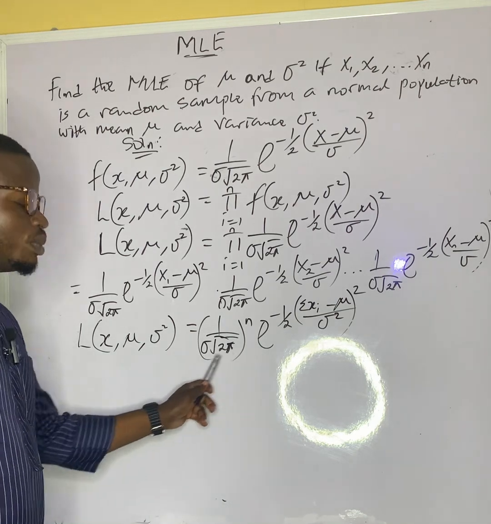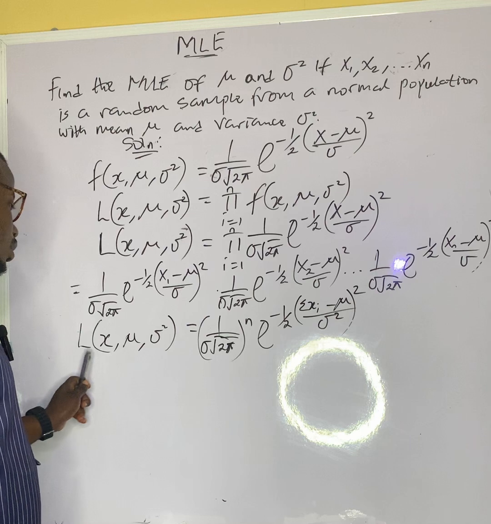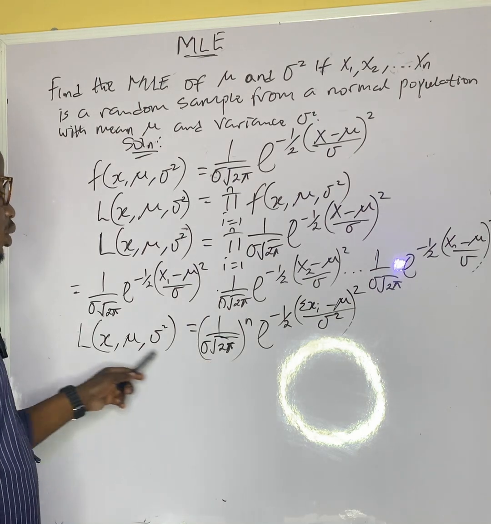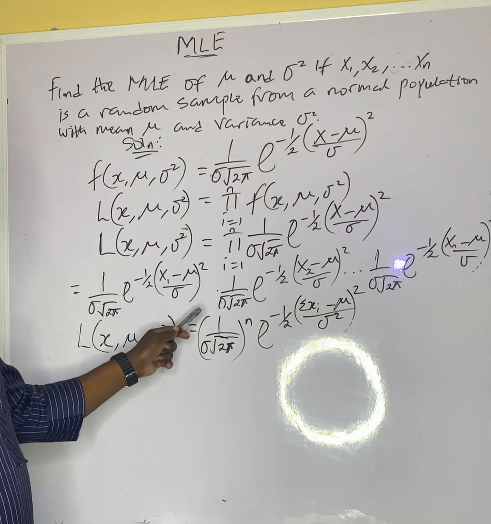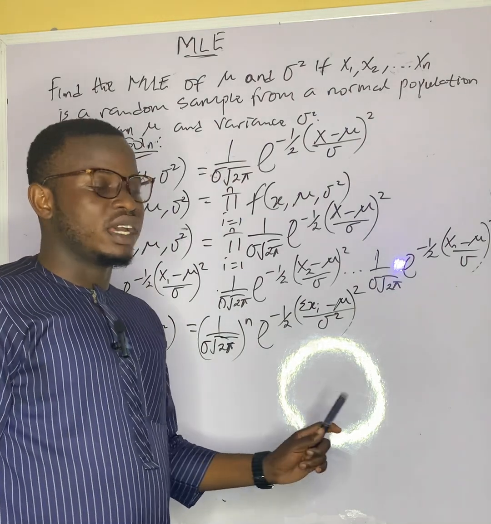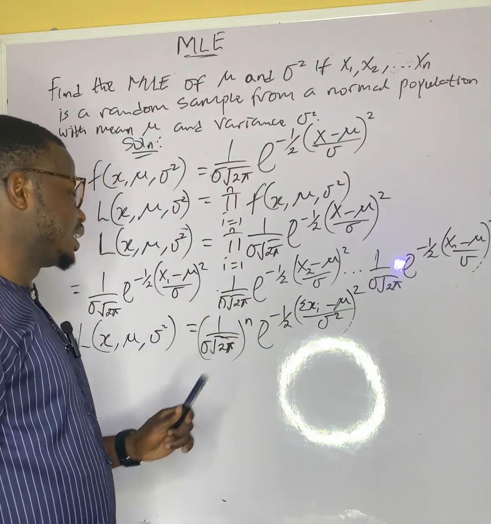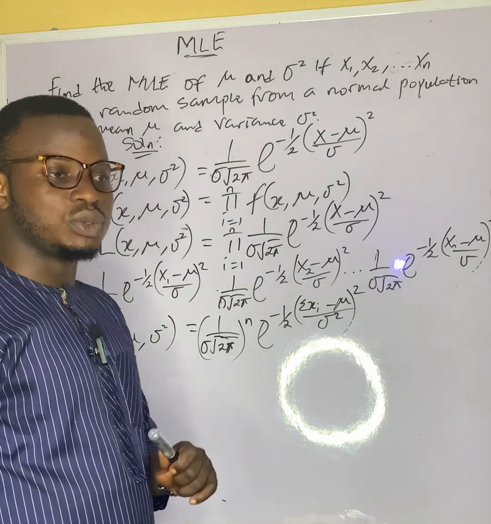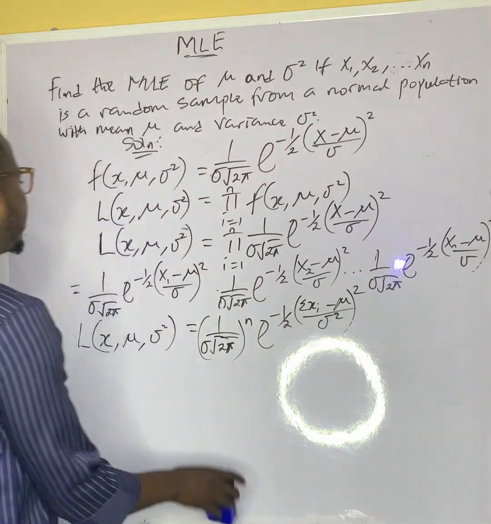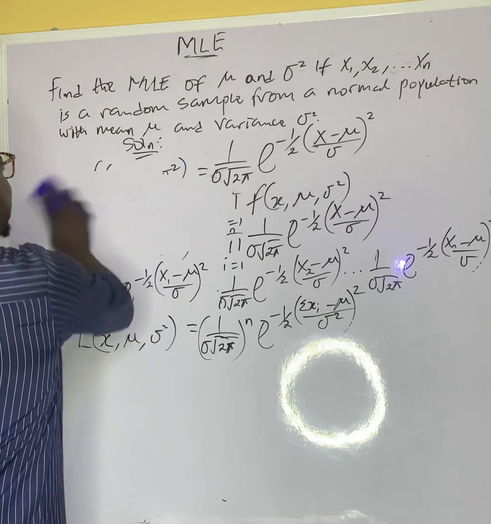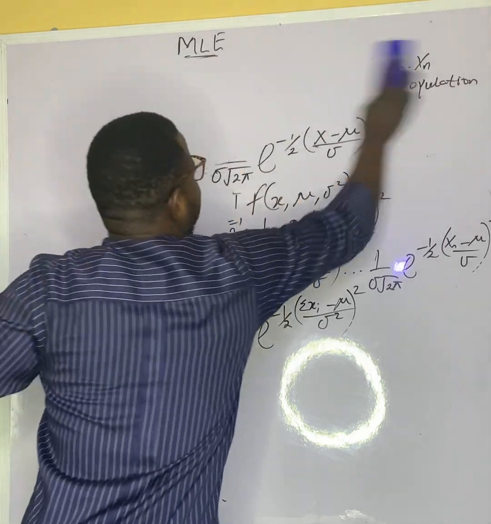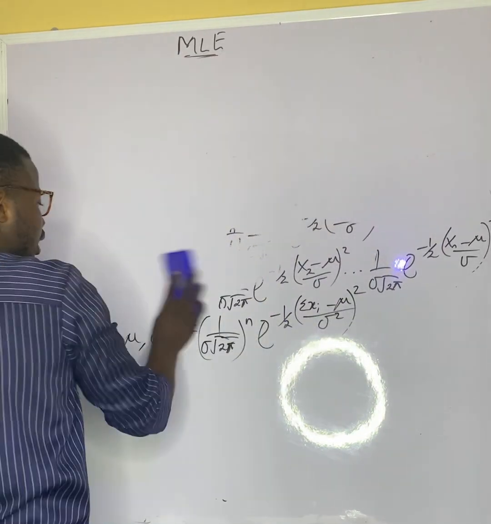And the next thing is to obtain the natural log of both sides. After obtaining the natural log, we can now differentiate with respect to mu. Then we set whatever we get to 0 to obtain the value of mu, that is the mean. Then the second time, we differentiate with respect to sigma square to obtain the variance. So now let's differentiate the likelihood function,